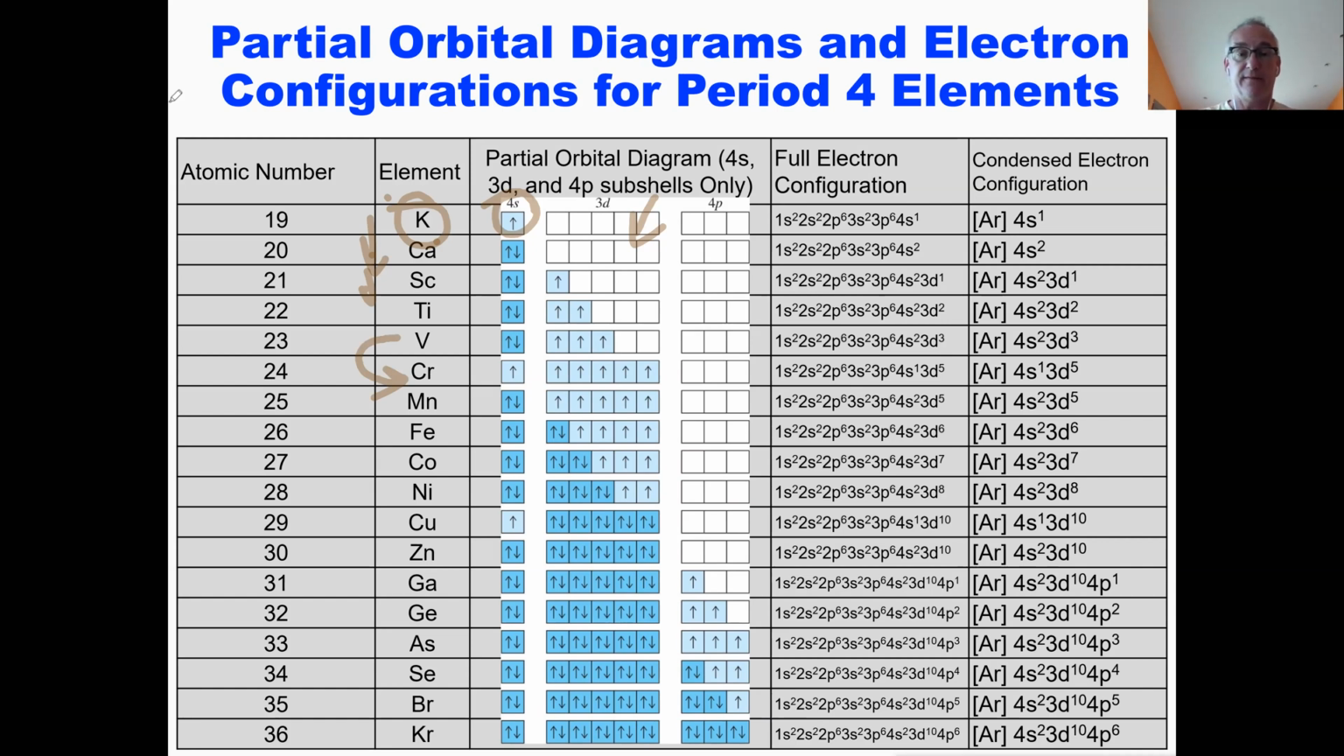So vanadium kind of makes sense. We've got 1, 2, we have a full s, and then we keep adding electrons one at a time to d. But then look what happens when we get to chromium. Instead of putting the fourth electron in the d orbital, one of the electrons from the s jumps into the d. And the reason for that